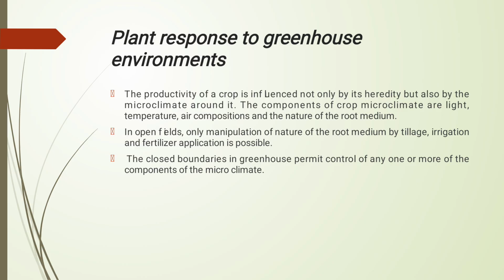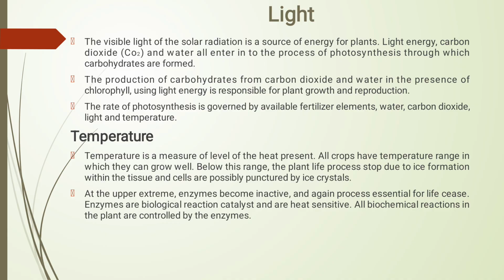In a greenhouse, the boundary permits control of any one or more of the components of the climate, such as light. Light, the visible solar radiation or solar energy, is needed for plants. Light energy, carbon dioxide and water all enter into the process of photosynthesis, through which